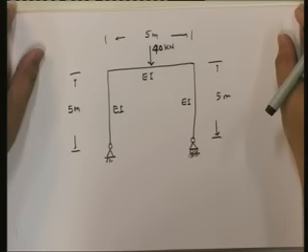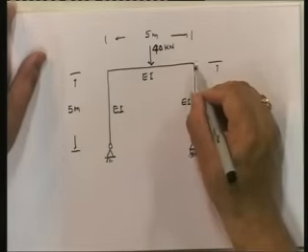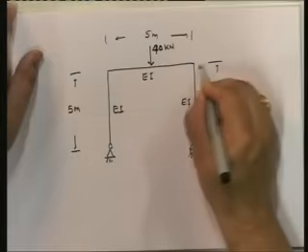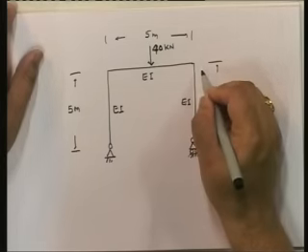And here what we want to find out is, there are lots of things to find out, but let me just tell you, I want to find out the member end moments, because once I know the member end moments, I can draw the bending moment diagram. So I want to find out the member end moments, and in this particular case I want to find out how much